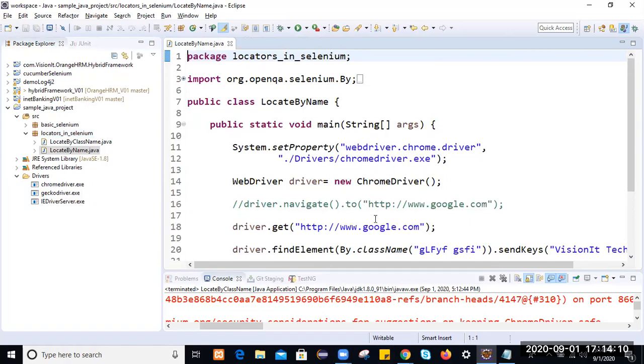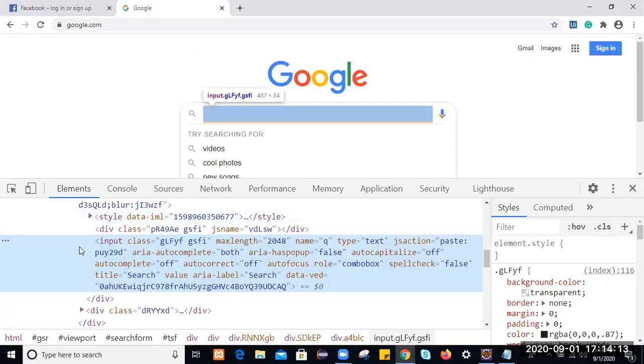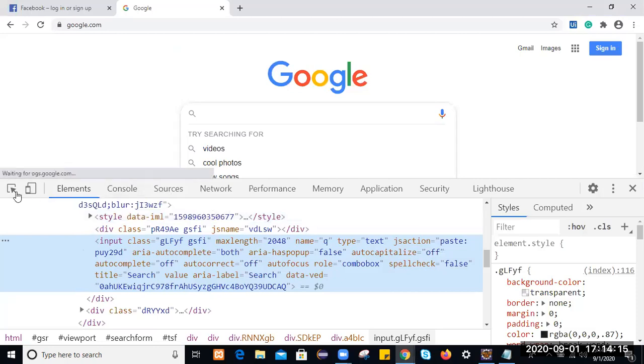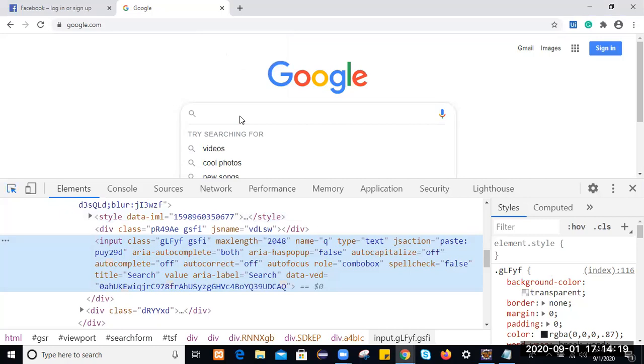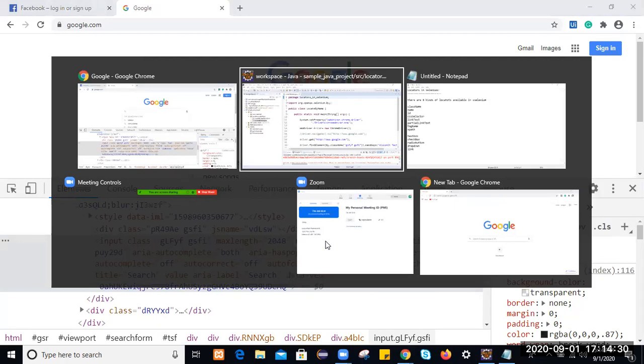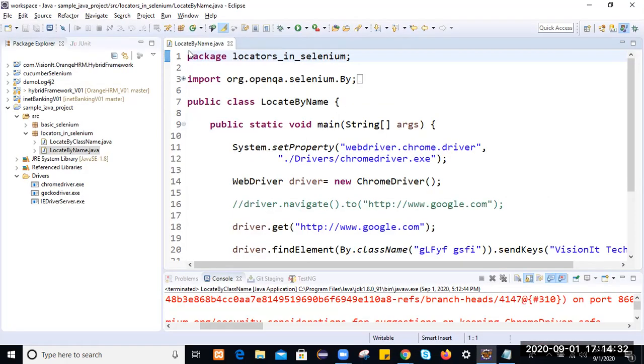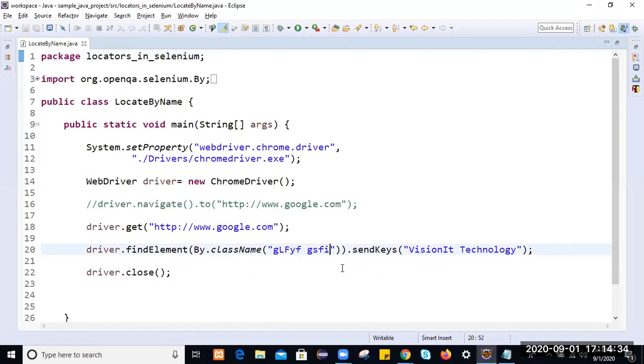If you go to the Google page and inspect, this is the input text search field, where the name is equal to q only. By using name, we'll try to find that web element and type some text.